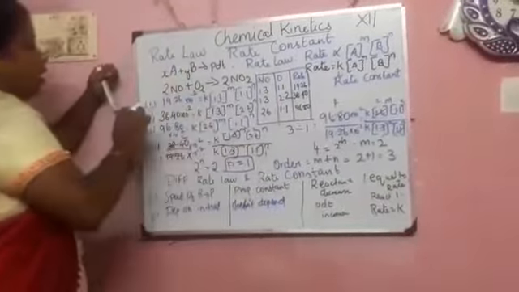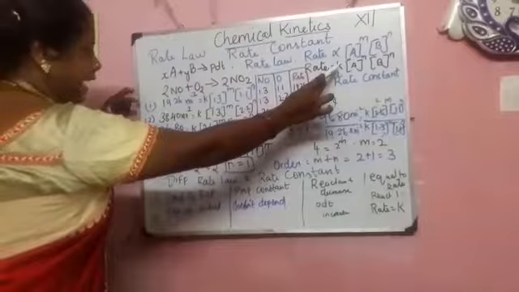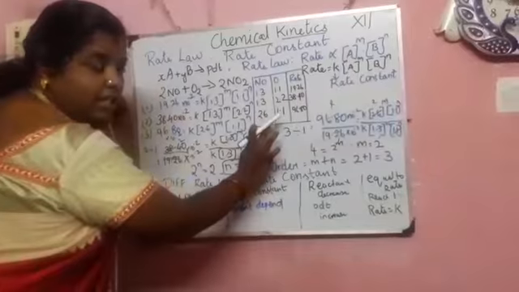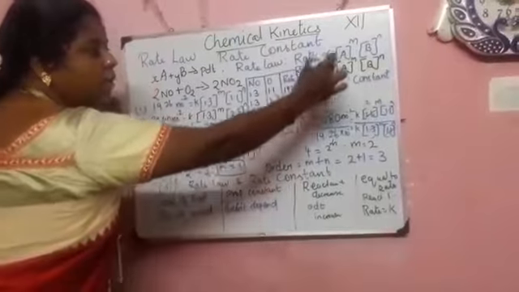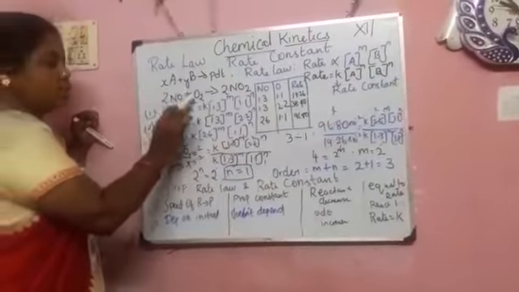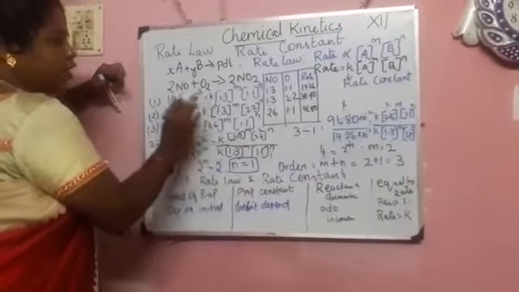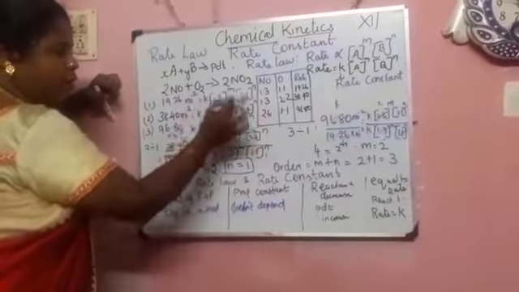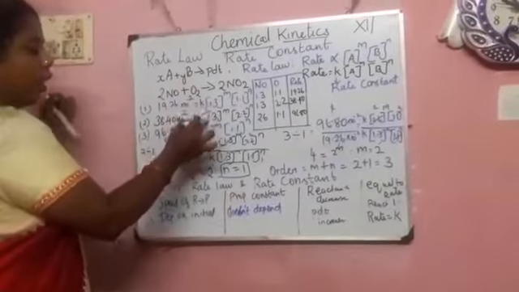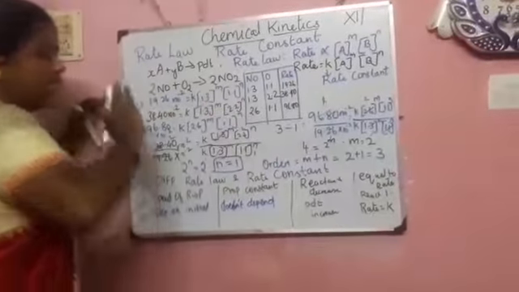Let's see. First, take the first set of concentrations. Rate equals K times the concentration of A to the power M times the concentration of B to the power N. You have to substitute the values in this equation. Here the concentration of A is NO and the concentration of B is O2. So the rate is 19.26, equal to K into 1.3, 1.0. Then 38.40 is the rate with 1.3, 2.0. The same formula is used here, and we substitute and get the three equations.